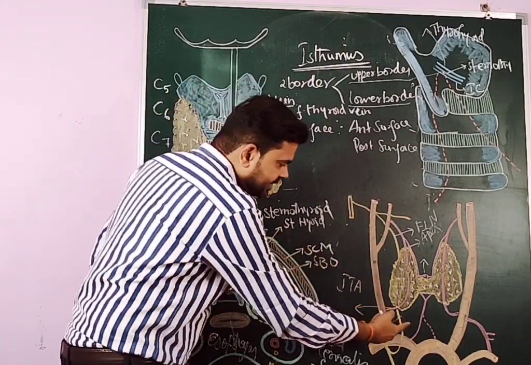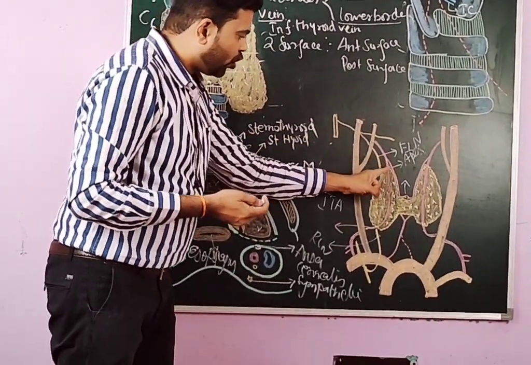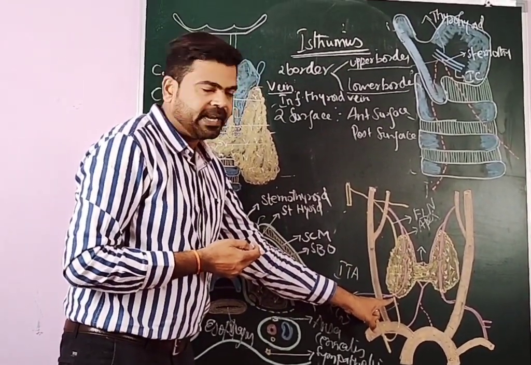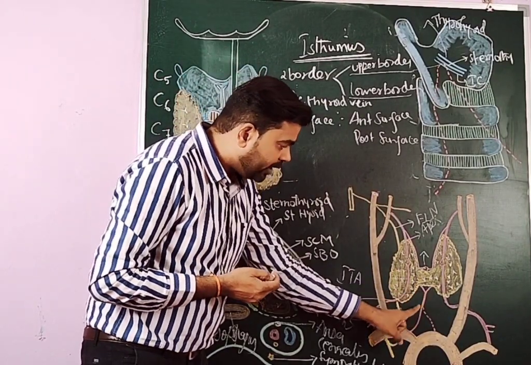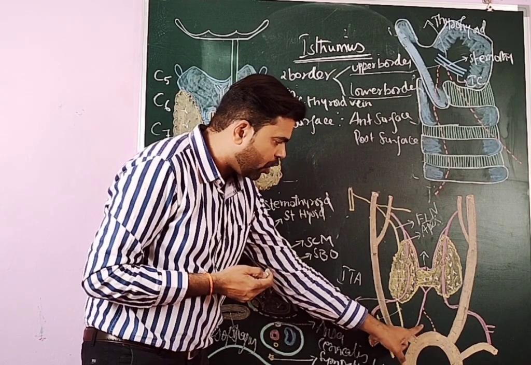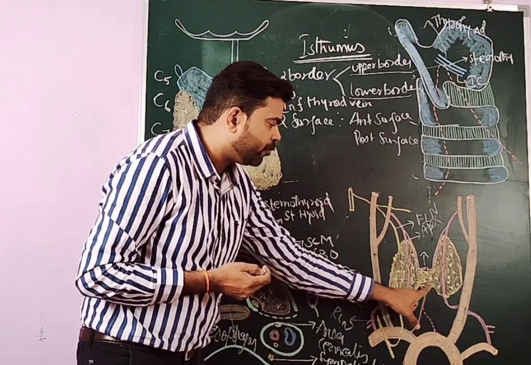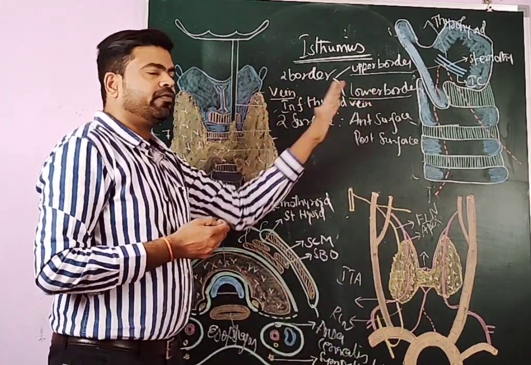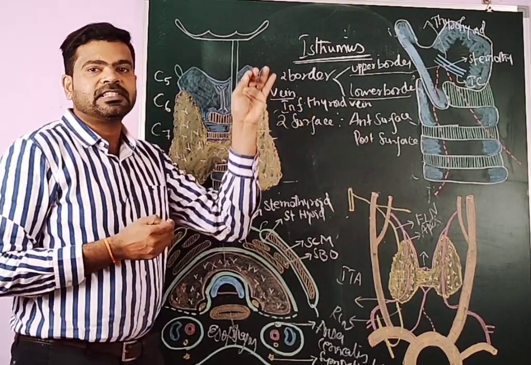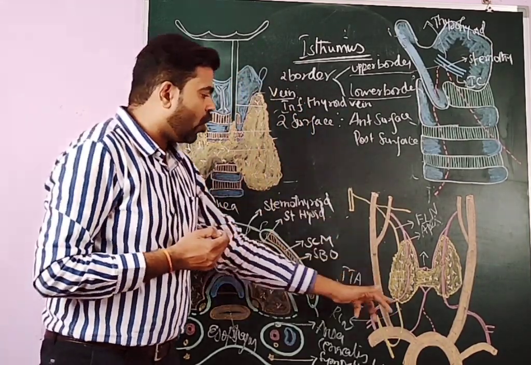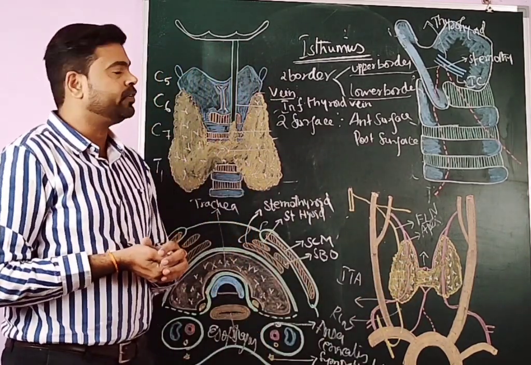Usually the thyroid gland is supplied by superior thyroid artery and inferior thyroid artery. Sometimes you can see one more artery, called the arterial thyroid ima. When this artery is present, it arises from the arch of aorta and reaches the thyroid gland passing through the lower border of isthmus. So for the lower border of isthmus, you can easily remember one vein and one artery: the inferior thyroid vein emerging from the lower border of isthmus, and the arterial thyroid ima reaching the thyroid gland by passing through the lower border of isthmus.